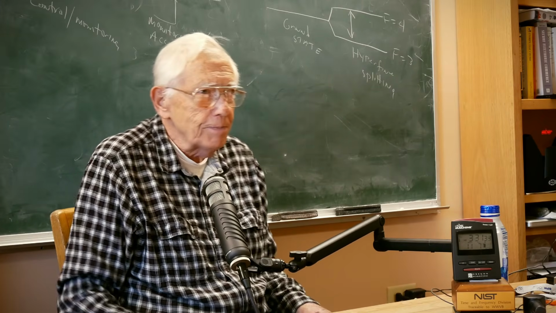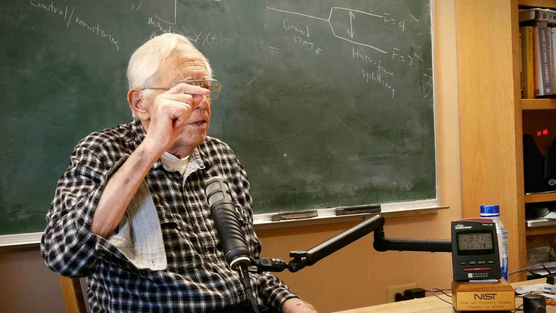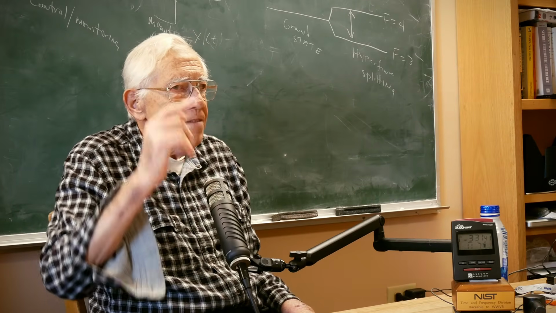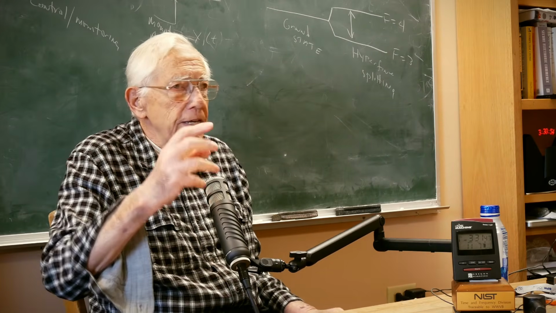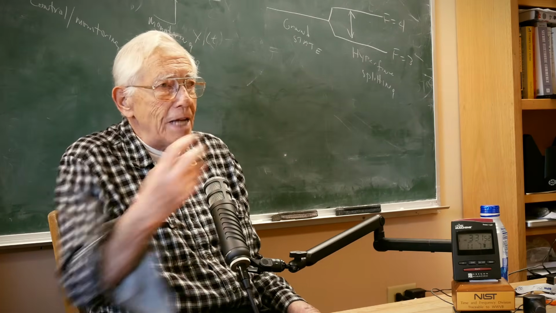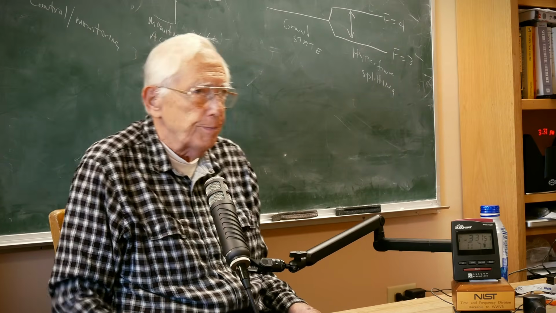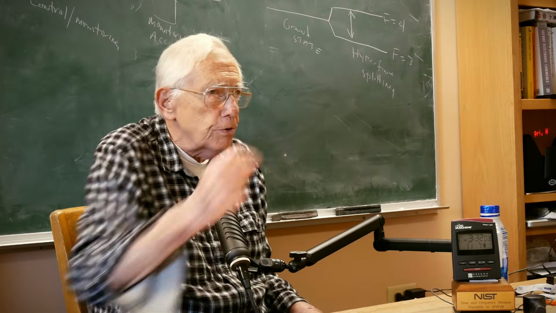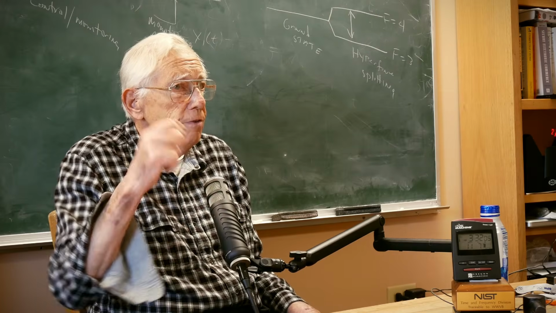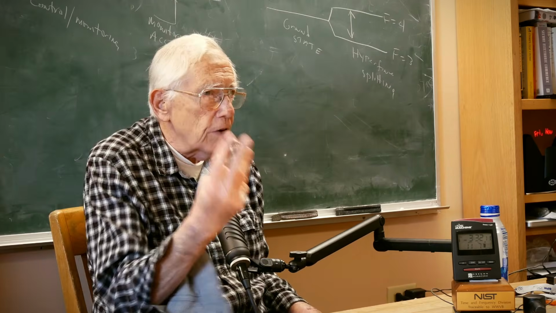Method number 3 is I know that the delay between you and me varies with something else, like temperature. So for example, if I calculate the speed of sound in air, just as an example, it depends on temperature. So I measure the temperature, and I say, aha, I know the speed of sound because I can measure the temperature. So you measure the temperature, I measure the temperature, we estimate the temperature on the path, and we calculate the speed of sound from knowing the variation with temperature. So those are 3 methods that are used for synchronizing clocks.